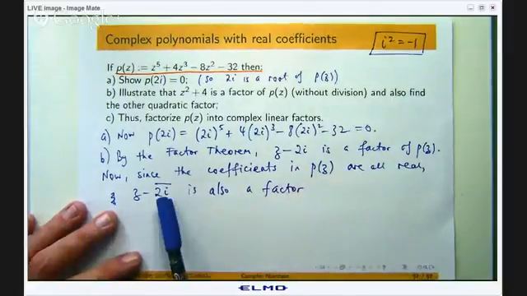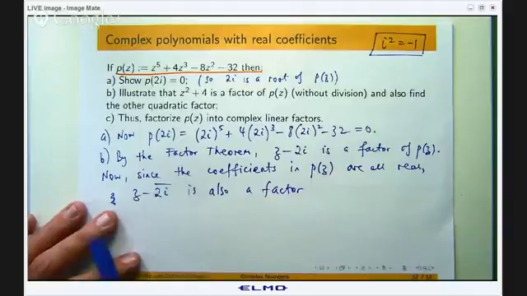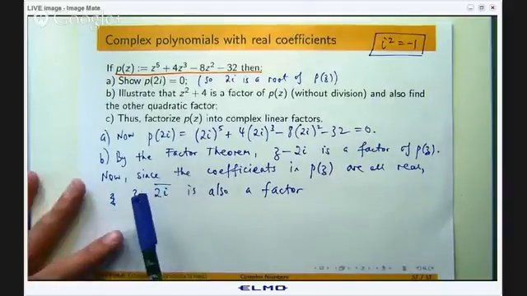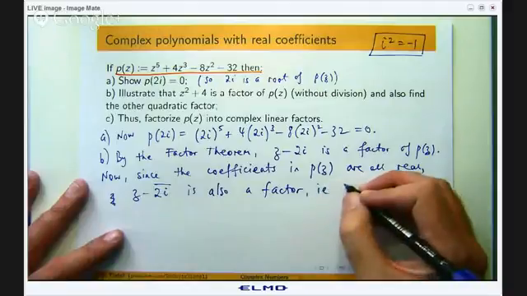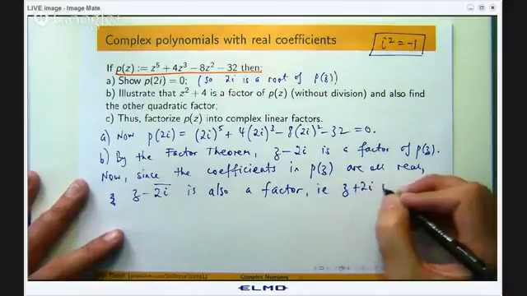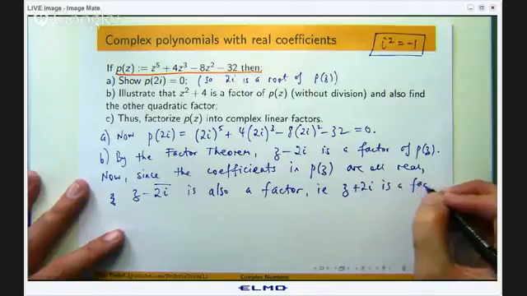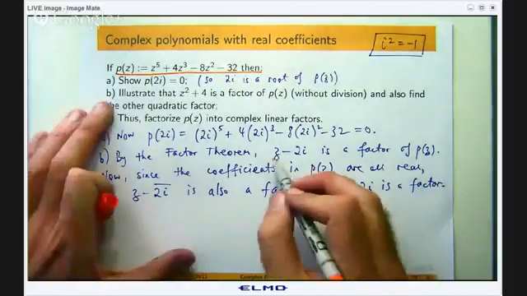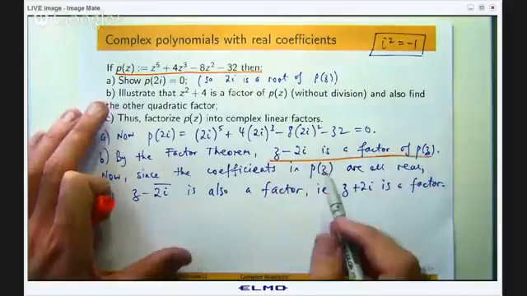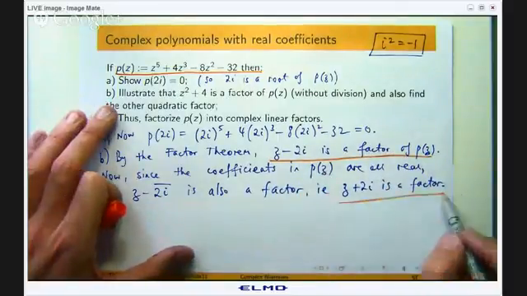So what is the conjugate of 2i? The conjugate of 2i is -2i. So it'll be z minus -2i. All right, so we've got z minus 2i is a factor, and z plus 2i